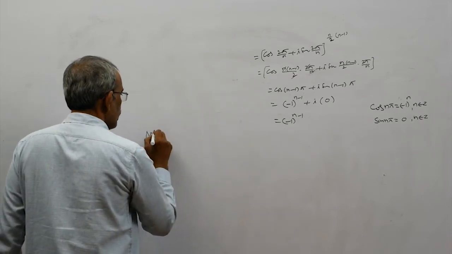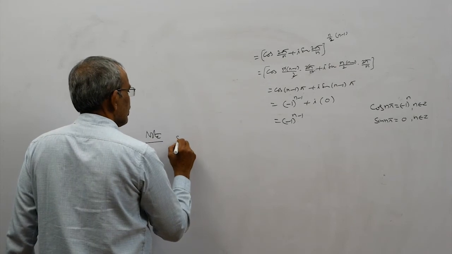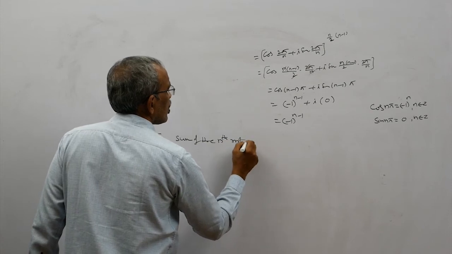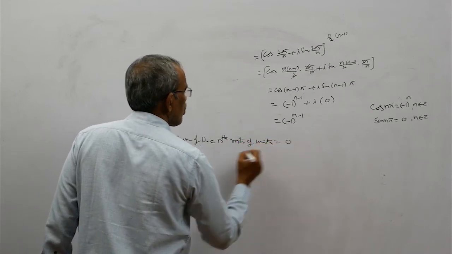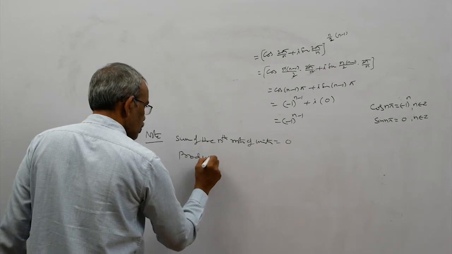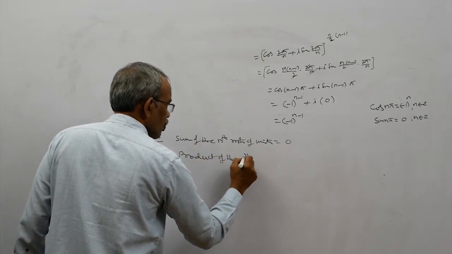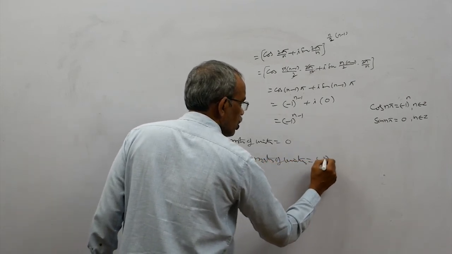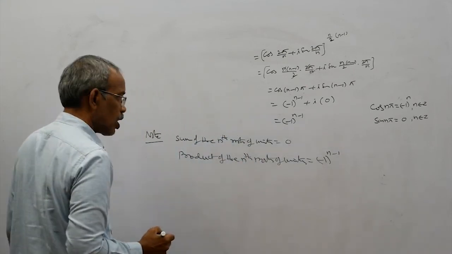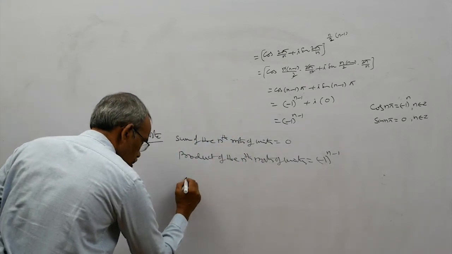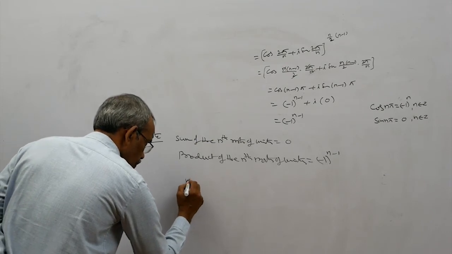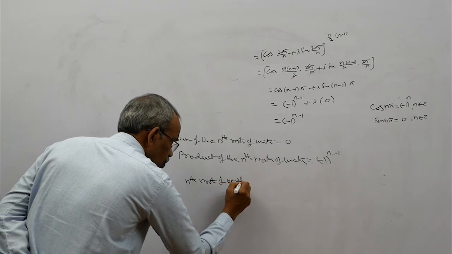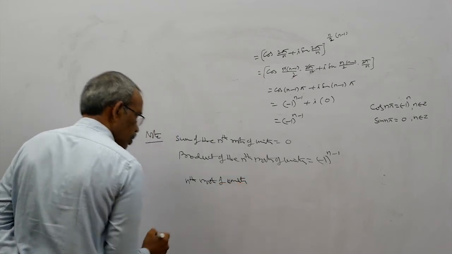So, note that the sum of the nth roots of unity is equal to 0. The product of the nth roots of unity is equal to minus 1 whole to the power of n minus 1. Similarly, the nth roots of unity are